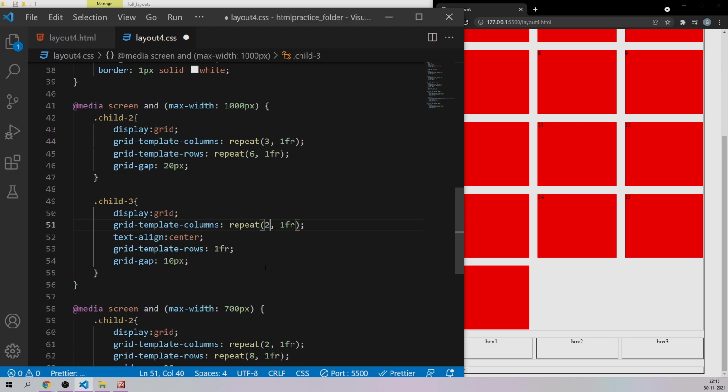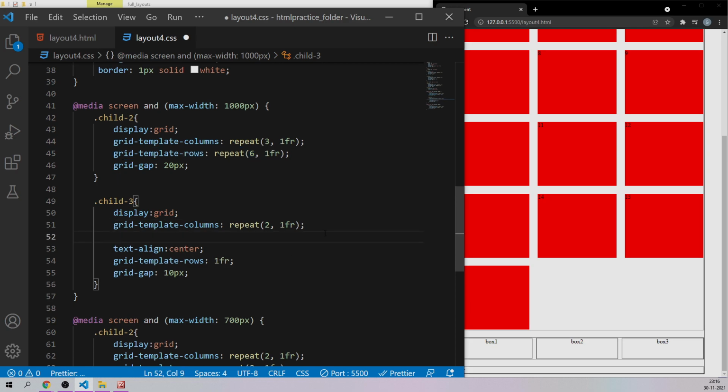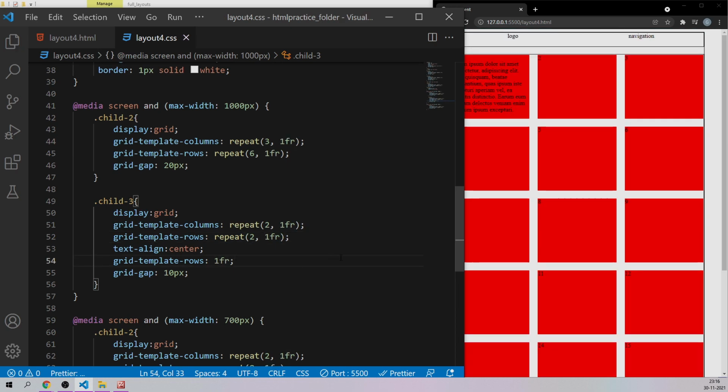As soon as it becomes less than 1000 pixels, it should have only two rows, and along with that I'll have two columns and two rows. So let me just grab this and paste it over here, and let's say here like this 2, 2 of same length. So let me just save this one.